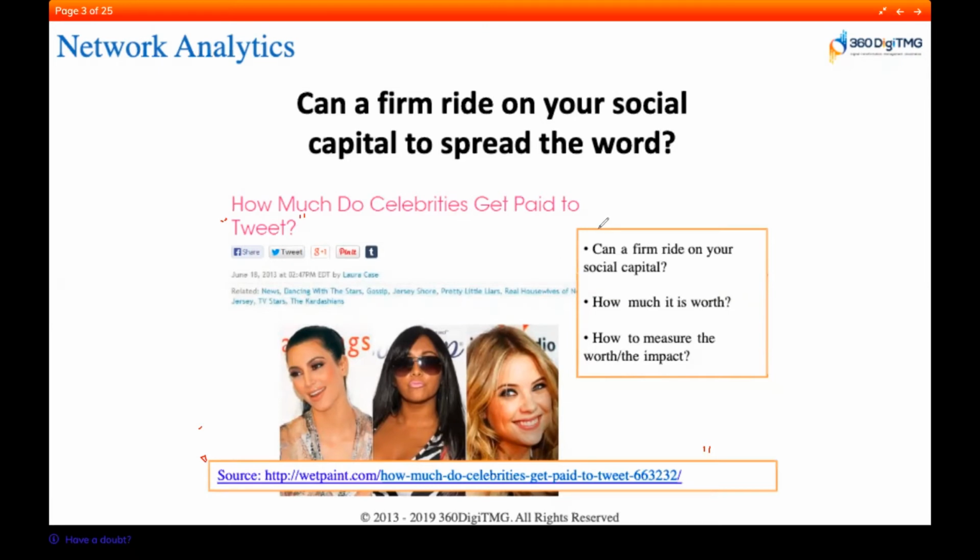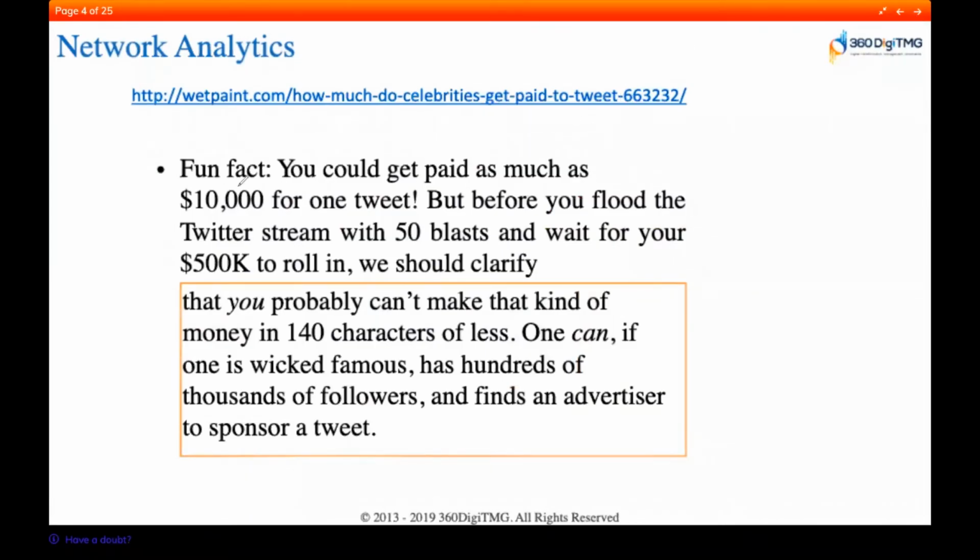Now, can a firm ride on your social capital? Can you say what is the amount that they are getting from the social media? And are you also aware of how much it is worth, or how to identify the worth or the impact of these celebrities to get selected? If you do not trust me, if you go to this particular website, I make a note of it here. So they are getting paid at least